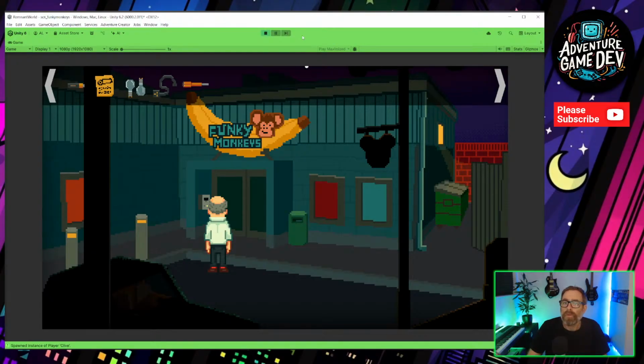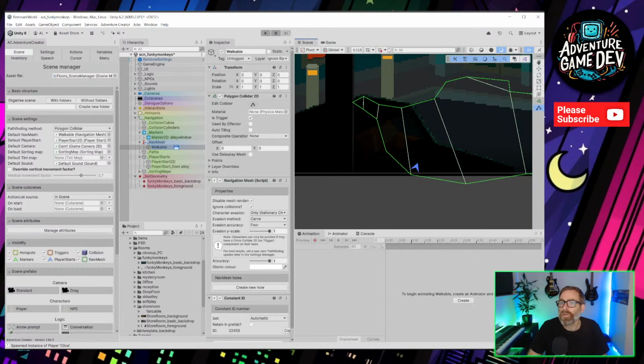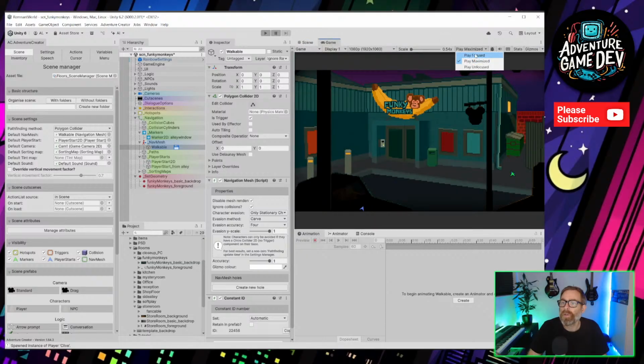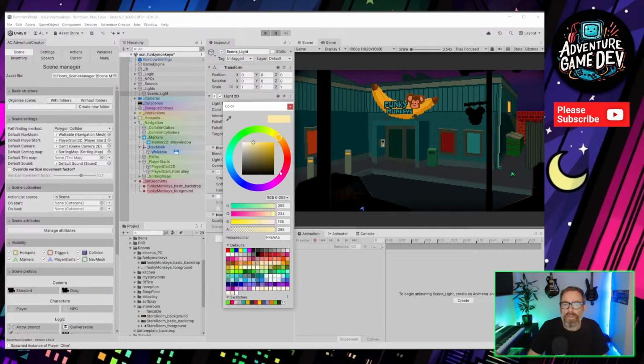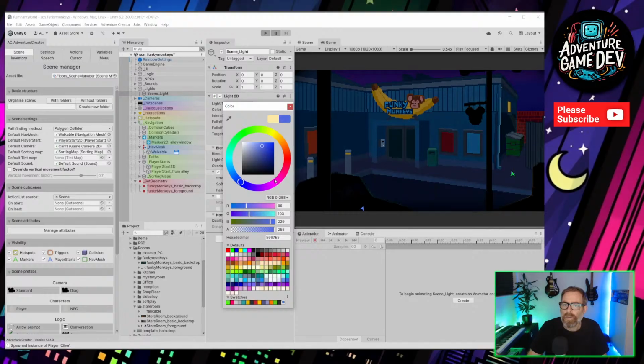I'm just going to stop that from running maximized because then I can't tweak things whilst we're in play mode. So I'll play focused. So let's have a look at the lights. I've currently got these set up so that you've got this light 2D, which is giving that yellow hue to the whole thing. With this being a nighttime scene, I think we can do something like a bit more kind of moonlit, a bit darker blue, and it'll obviously light the character as well, which is really handy.